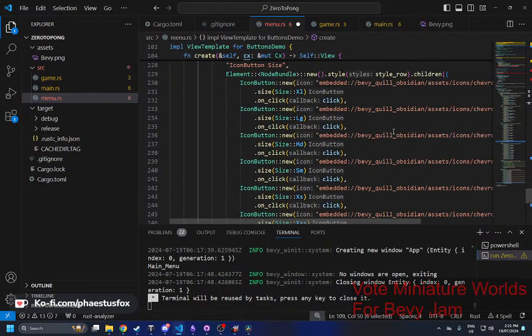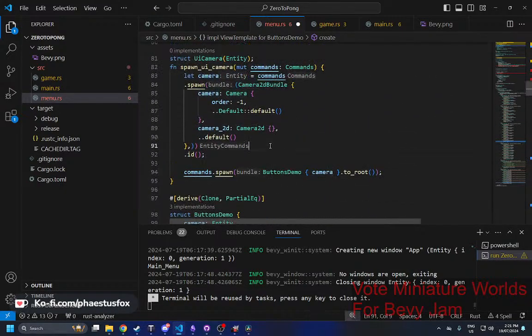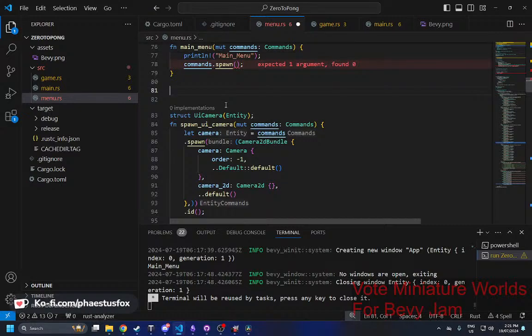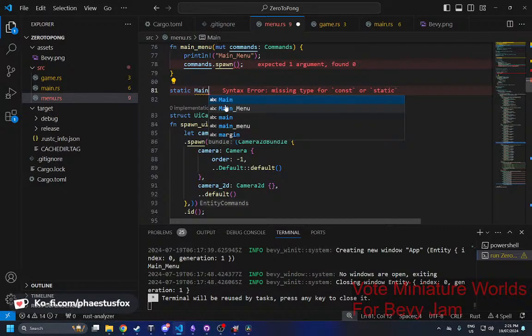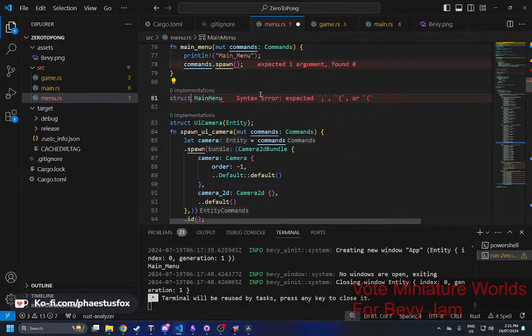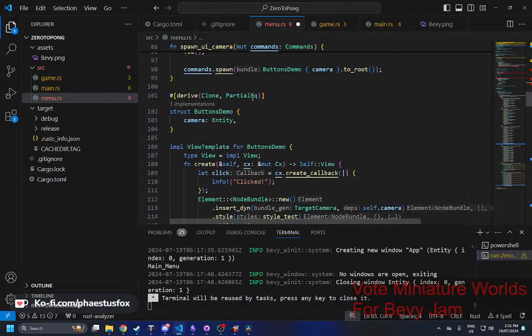Doesn't look like it. Okay. Right. So we need to say struct main menu, like not static, struct main menu. And then we go here, and then we go import, and then it's view, I think, view template